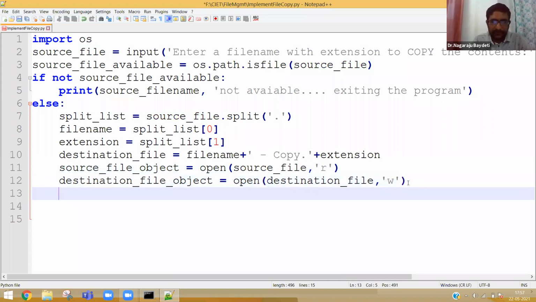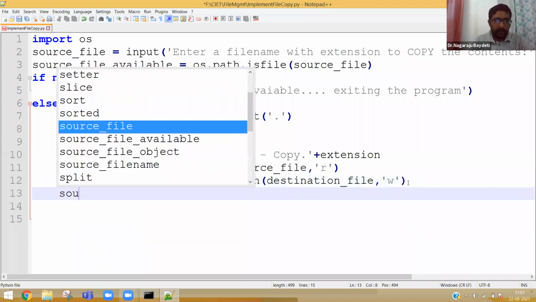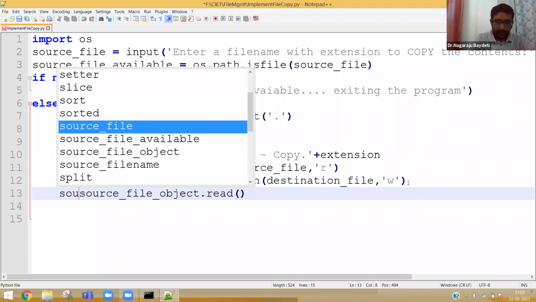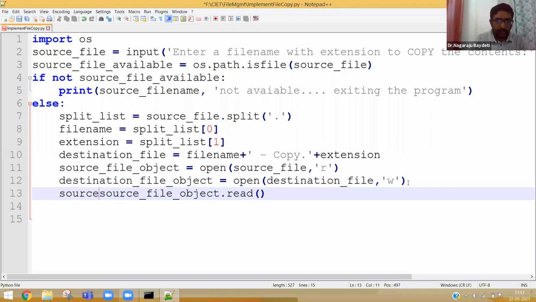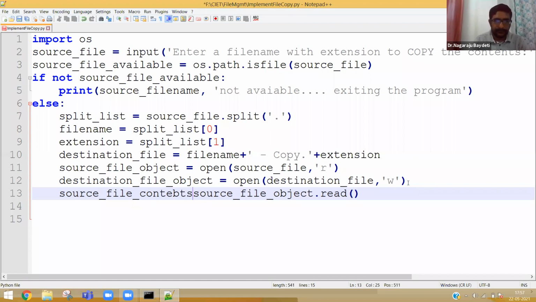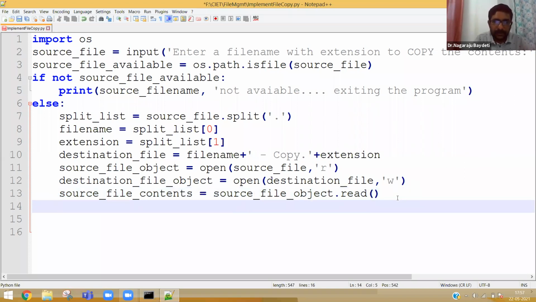After opening these files, what we have to do? Source file object dot read. Read the contents, so you can say source file contents is equal to, we are reading the contents. After reading, we have to write the contents in the destination file.